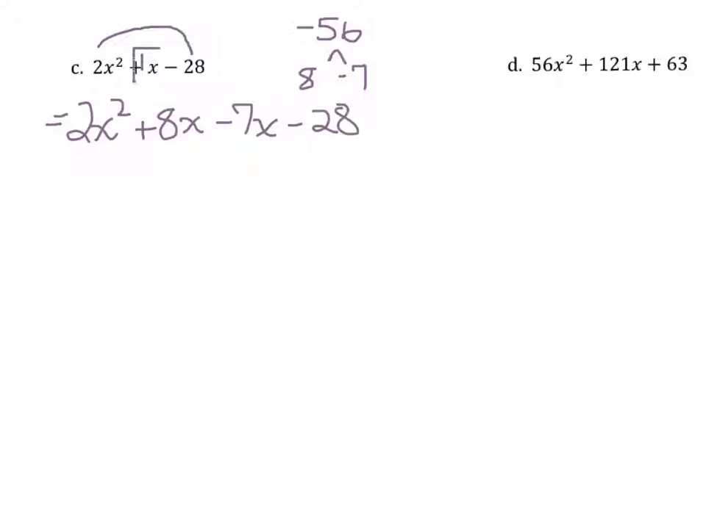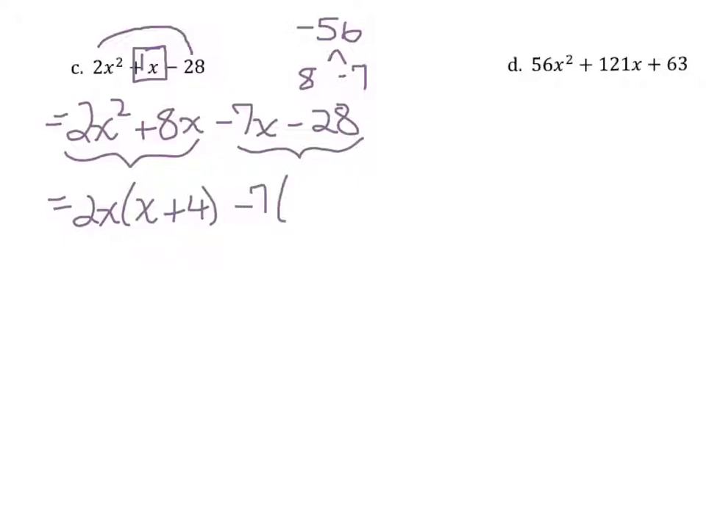And again, I rewrote this 1x as an 8x minus 7x, which is exactly the same. Now I have 4 terms, so I'm going to factor by grouping. First 2 terms, I can factor out a 2x. I'm going to be left with an x plus 4. Out of the second 2 terms, I can factor out a negative 7, and I can be left with an